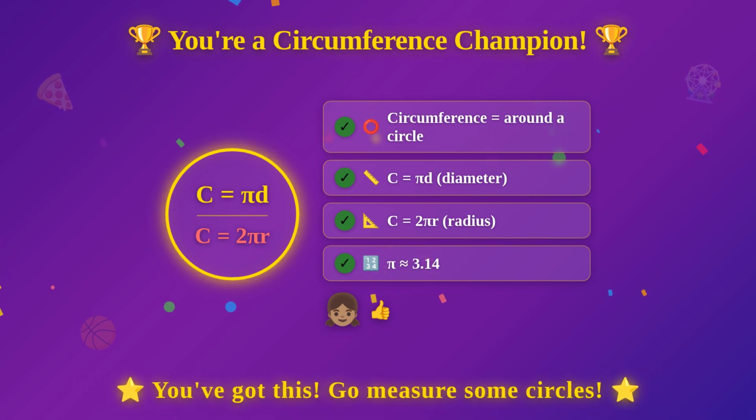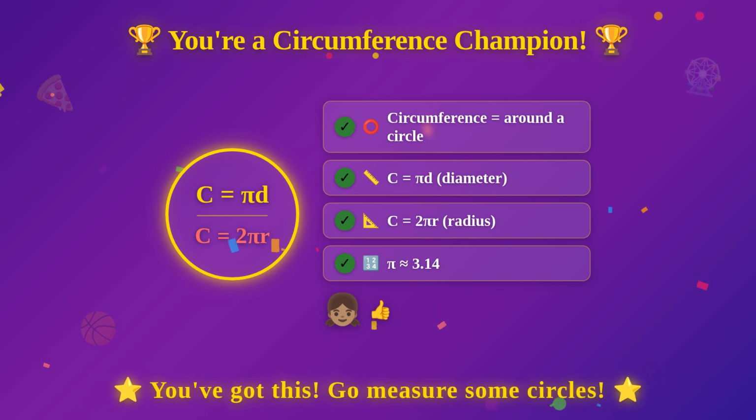Circumference is the distance around a circle. If you know the diameter, use c equals pi times d. If you know the radius, use c equals 2 times pi times r. And pi is always approximately 3.14. From confused to competent, that's the circumference journey. You've absolutely got this. Now go find circles to measure and show everyone your new